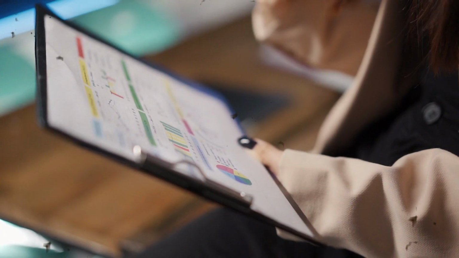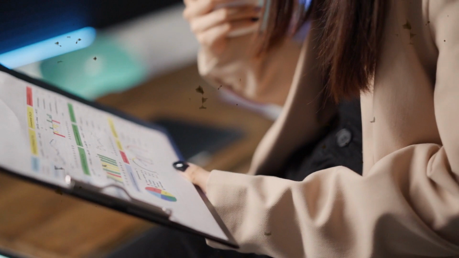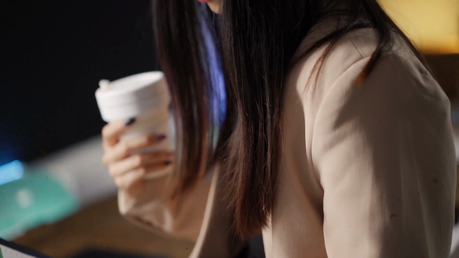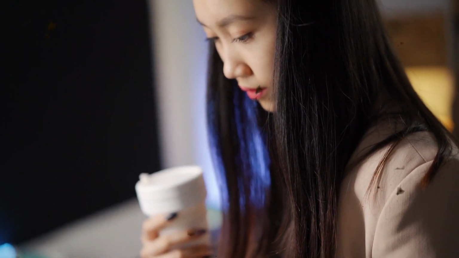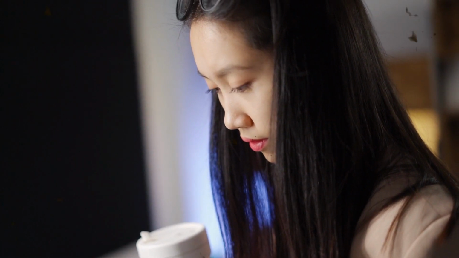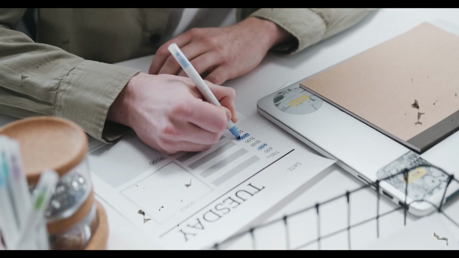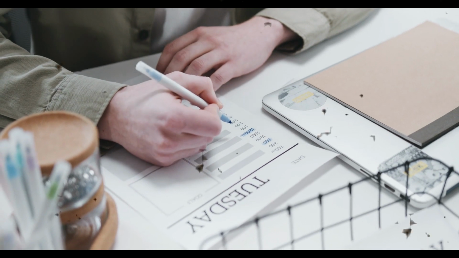As you review your schedule, assess whether your goals and priorities have shifted or evolved. Life is dynamic, and your aspirations may change over time. Make adjustments to your schedule to ensure it remains in alignment with your current values and aspirations. Identify any tasks or activities that are no longer serving you or contributing to your goals.